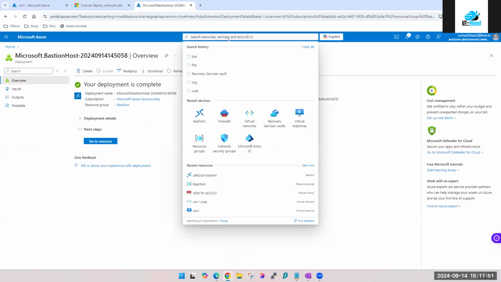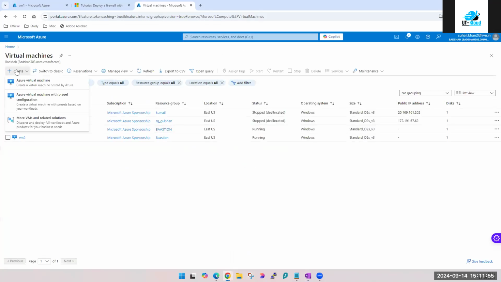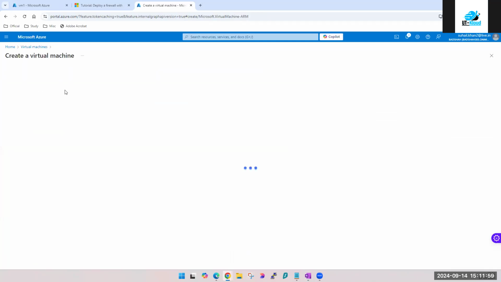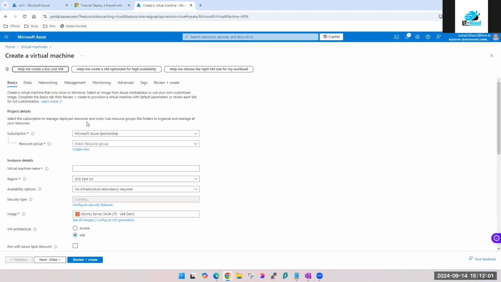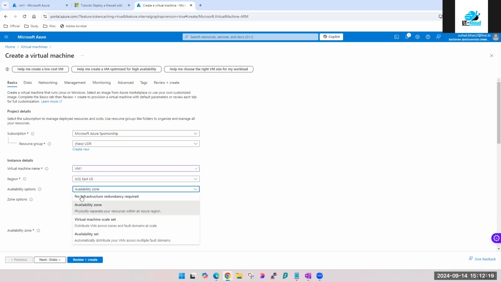So let's go ahead and create 3 virtual machines. I'll be creating these 3 virtual machines in the same virtual network and different subnets. For the practical, only 2 VMs are enough, but we need 1 VM which we will make act as a router. That is the reason I need the third VM as well.